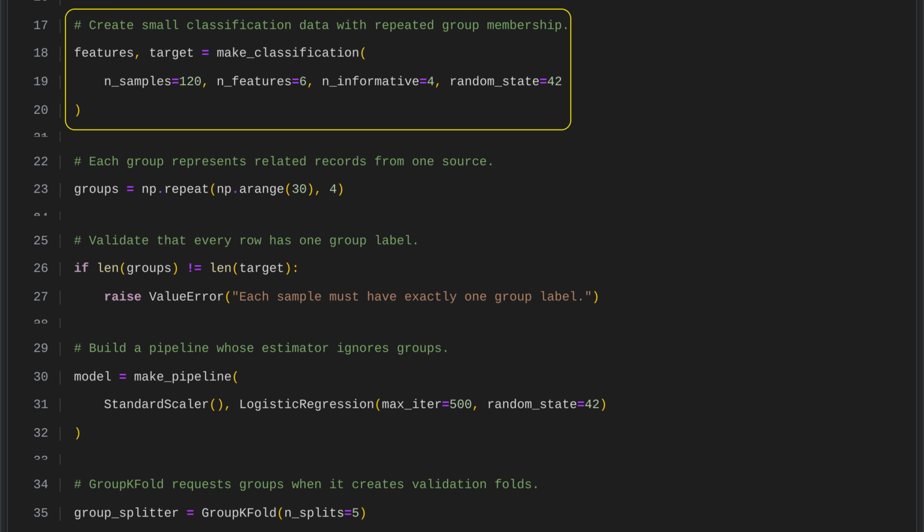We create a small synthetic classification dataset with Scikit-Learn's Make Classification function. It contains 120 samples with 6 features, 4 of which are informative for predicting the target. A fixed random state ensures the same data is generated each time, making it useful for testing classification models with